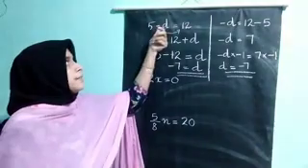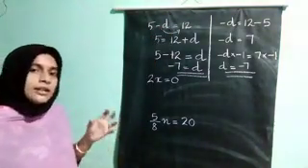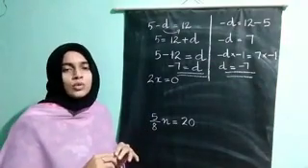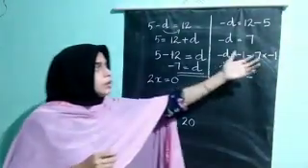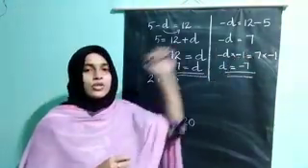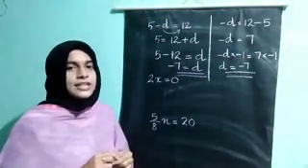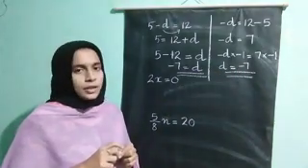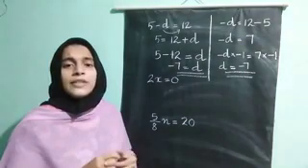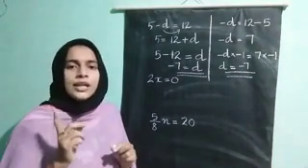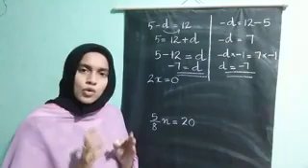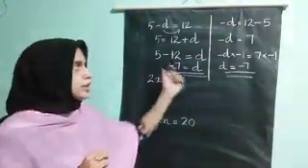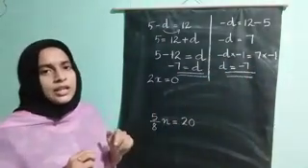So if you get a minus variable, try to transpose the minus variable to the other side to remove the minus sign. Or you can do this method, but in the end you should multiply that with minus 1 and find the value of the variable. Clear, children? Why are you multiplying with minus 1? 1 into any number is that number itself, so there is no change. That's why we are multiplying with minus 1. You should write both methods and find the value.